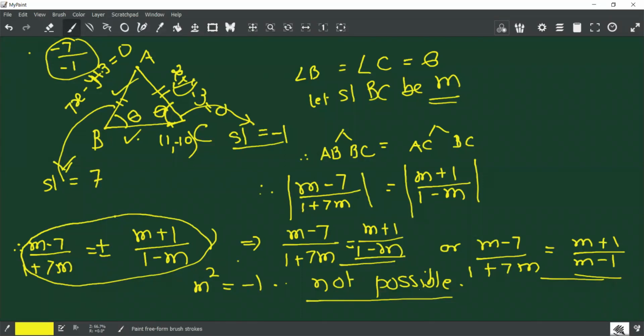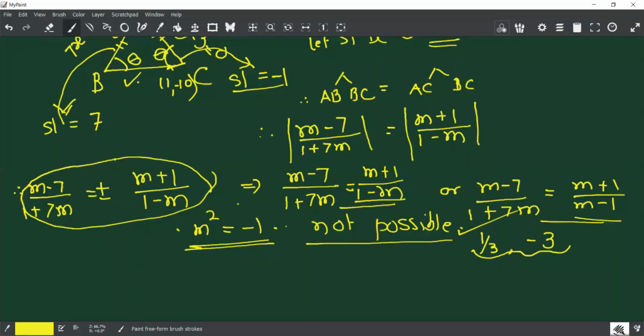All right. So in any case, the first case fails, m square equal to minus 1. Now the other case will give you two values of m. I guess they were 1 by 3 and minus 3, right? If you cross multiply, m is 1 by 3 or minus 3. Did you get these two options? Have you done it for homework? All of you? Yes?